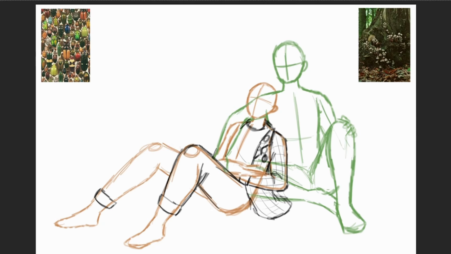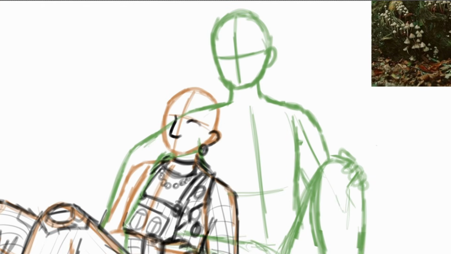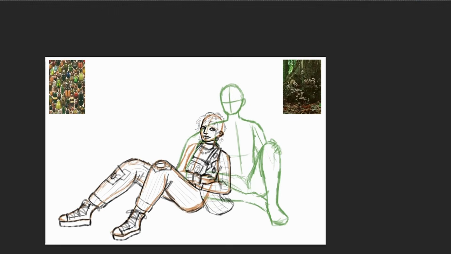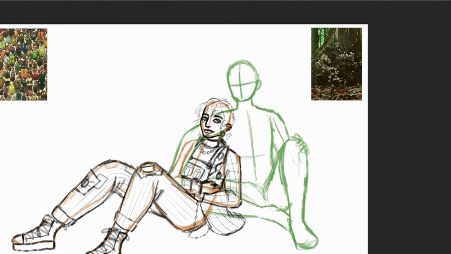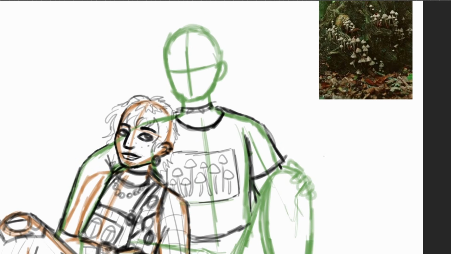Once I had the basic sketch of each character's pose, I started working on deciding what elements of the photograph would become part of each character's design. I started with Campy, who I decided would be wearing very eclectic and chaotic clothing to match the busy energy of the insect photograph. I put actual bugs into their outfit in multiple places. They have beetle-shaped pins on their flannel, beetles painted on the patches of their pants, and a beetle earring. Right from the beginning, I knew this character would be very into insects.